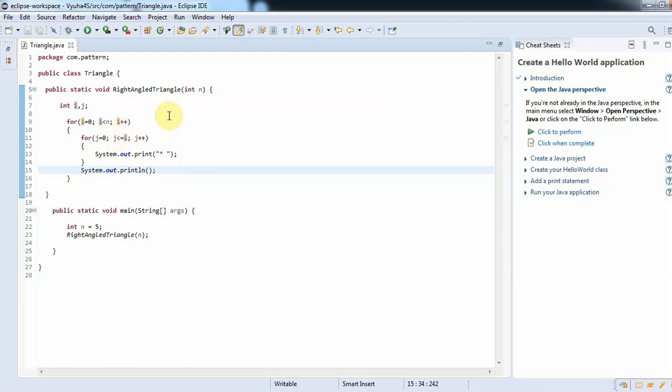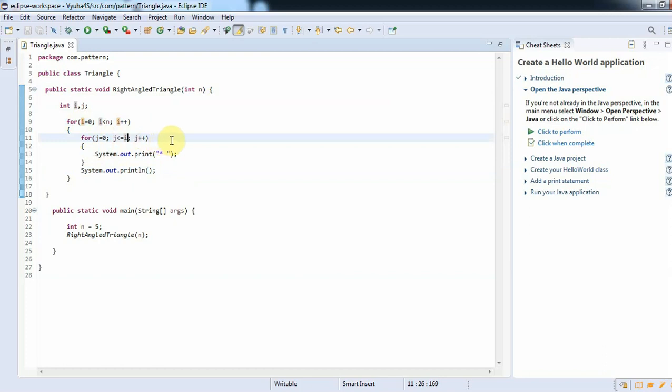I'll explain clearly. Let's consider the first value as i equal to 0, i less than 5, i plus plus. It enters the second for loop. Here j equal to 0 and j less than or equal to i, which means j less than or equal to 0 in this case.